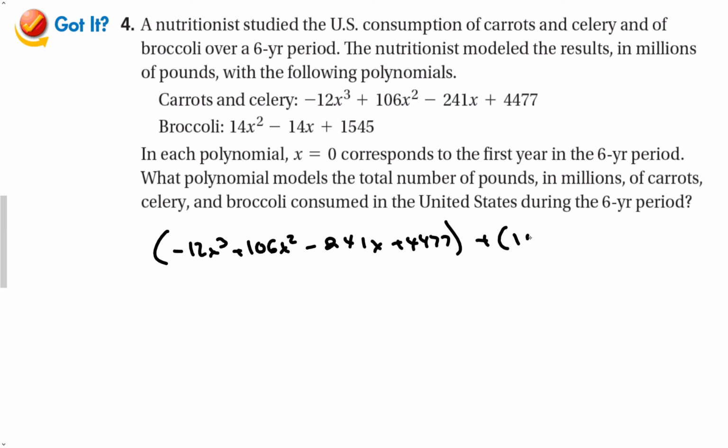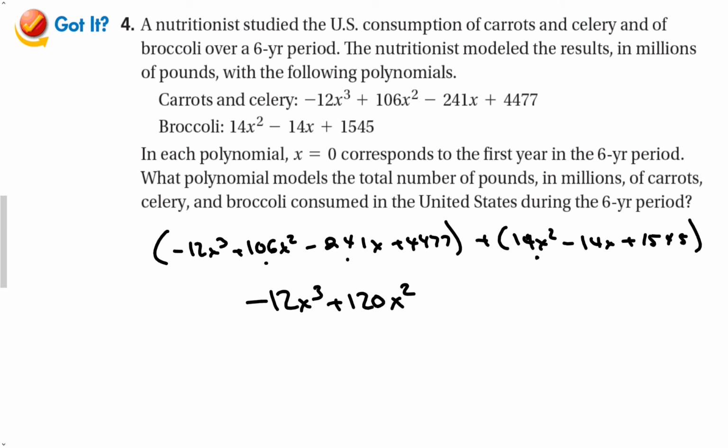broccoli, 14x squared minus 14x plus 1545. Okay, so now in this one, the broccoli polynomial has no x to the third power, so the negative 12x to the third can't add with anything, so it's just going to stay the same. 106 and 14 gives me 120 x squared